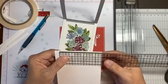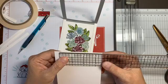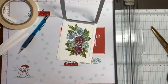So anyway, what I've got here, according to the old official Tim Holtz ruler, is 3 1/8. Okay, so